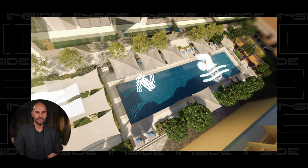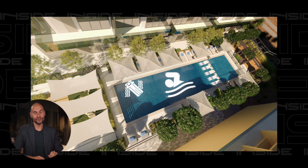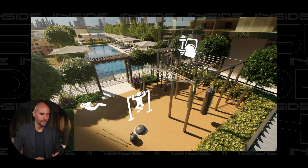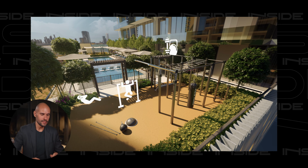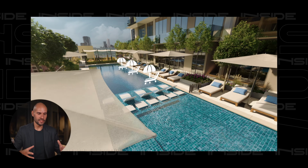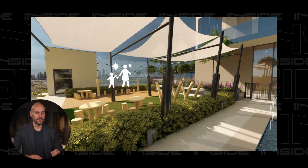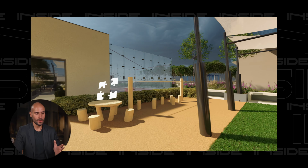Now, there's also a special kids area with a climbing wall, so your kids can not just sit around in a circle and play games, they can also have some beautiful infrastructure that allows them to develop. Same with the outdoor area, using some high quality materials to really make this experience robust for the whole family. Similarly, there is a beautiful and spacious gym, both indoors as well as